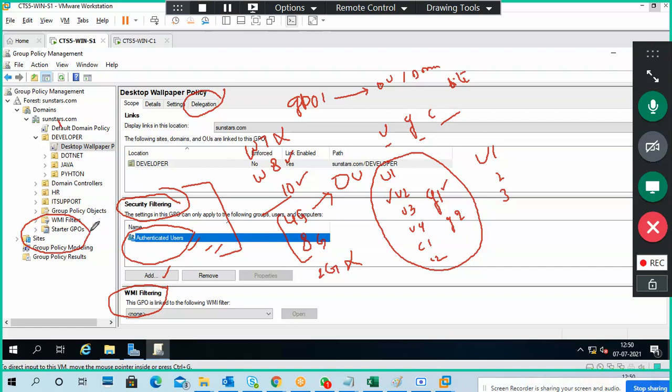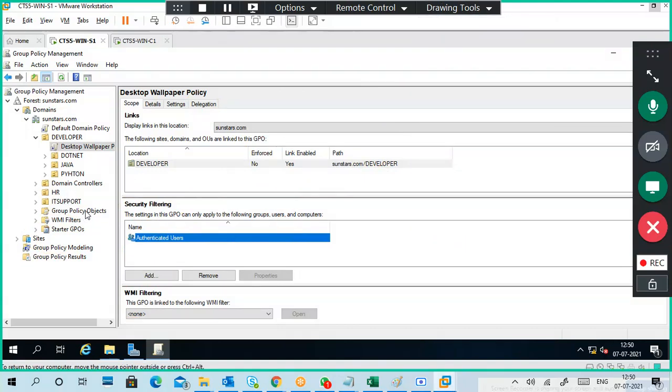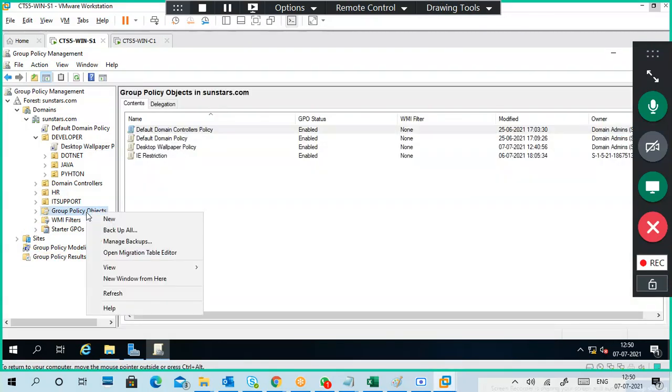Another one is starter GPO. What is this starter GPO? It's a group policy only. It's like a template. Previously built policy only, but I use that policy as a template, and I just modify or change a few settings in that one. So I will take a template as a starter GPO, and then I'll create a new policy from it. For example, when you are creating a new policy, so here it is, right click, new.